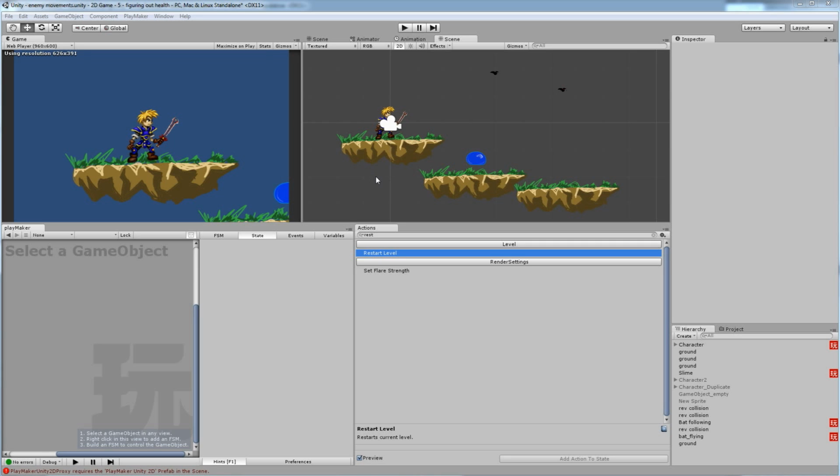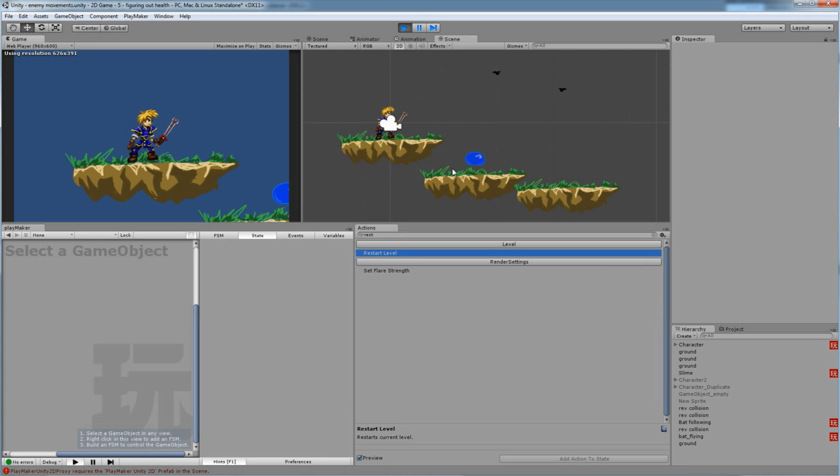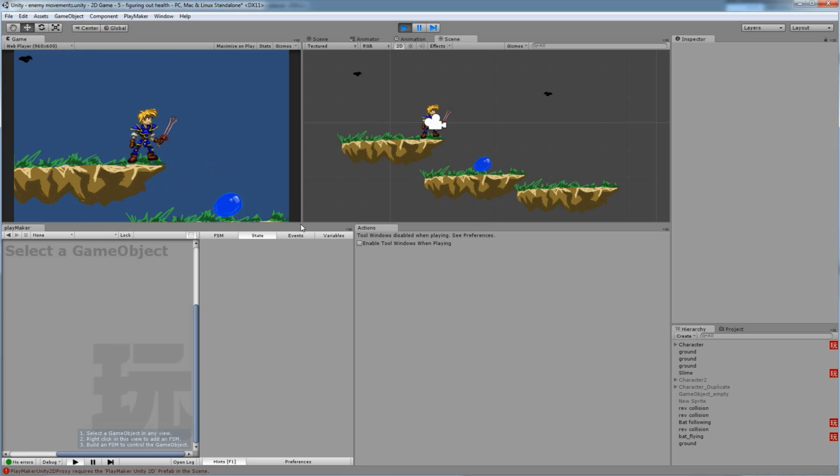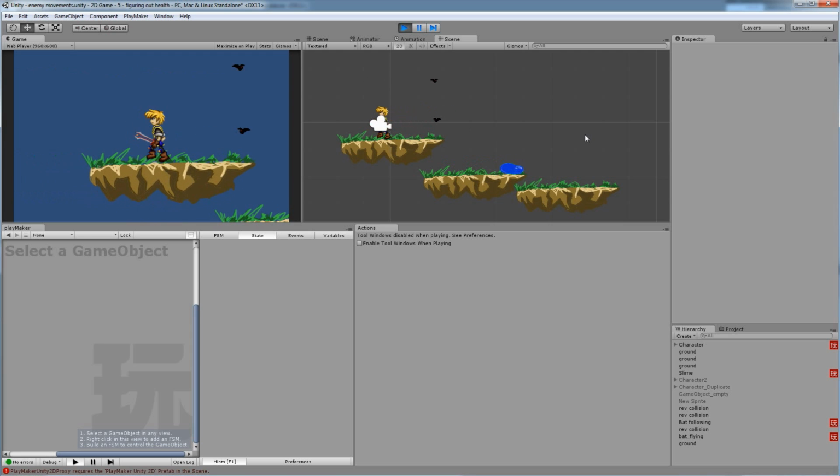Alright, in this video we're going to create enemy movements, so we're going to have multiple different types. So let me press play. As you can see here, we have a slime that moves left and right on the screen and he bounces between 2 points. We have this bat which follows me, so if I move away the bat will keep coming